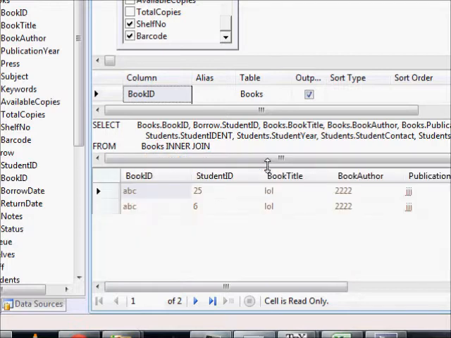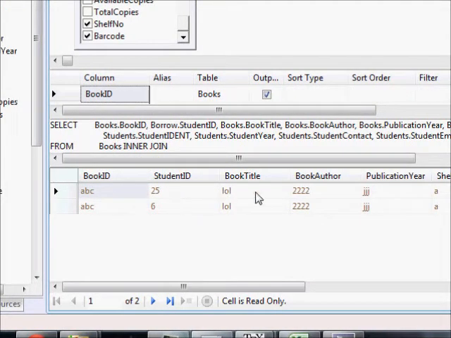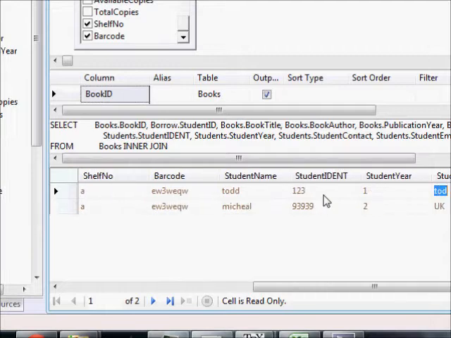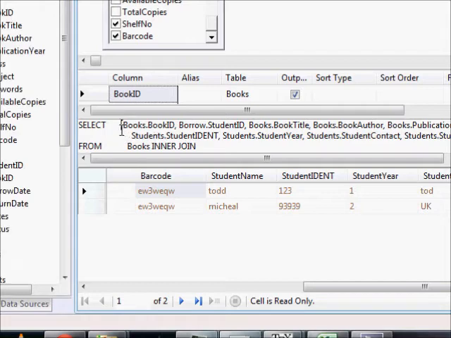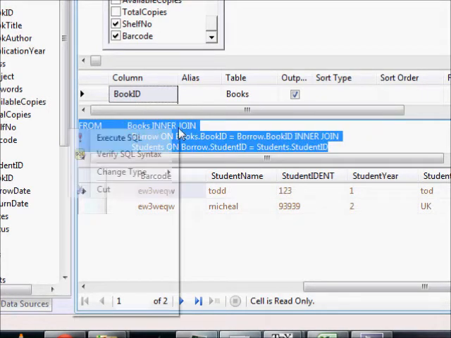So we have two books, student, book title, one borrowed by Michael, the other one by Todd. So we got these two students. Okay, so this SQL seems to be okay. What are we gonna do? We are gonna copy this